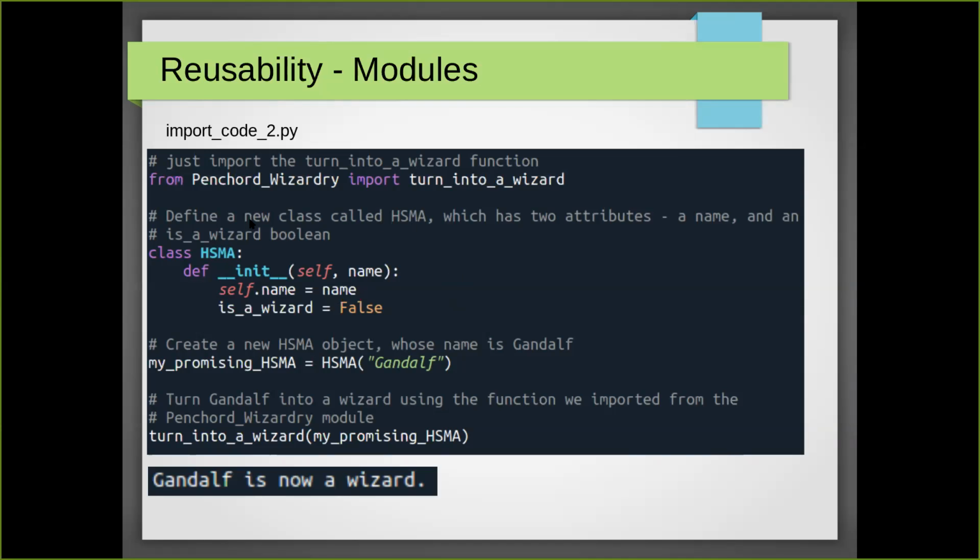So here, I'm going to define a new class called HSMA with a constructor that sets up a name and sets is a wizard to false. I'm then going to create a new HSMA, which I've called my promising HSMA, and I've called him Gandalf. And I'm going to turn Gandalf, my HSMA, into a wizard